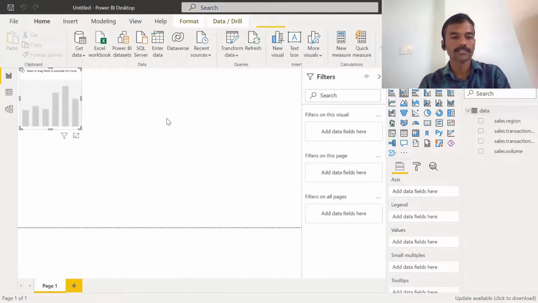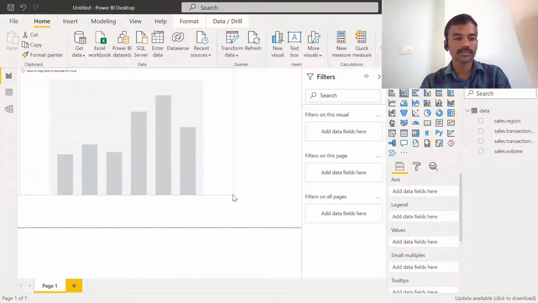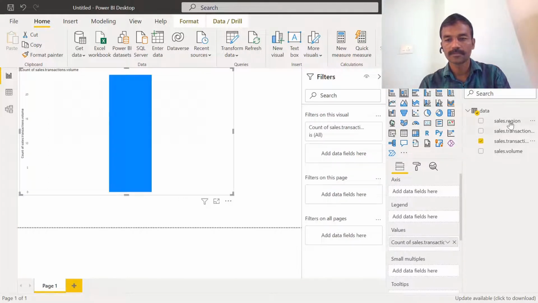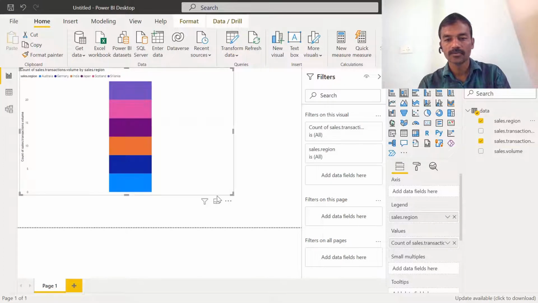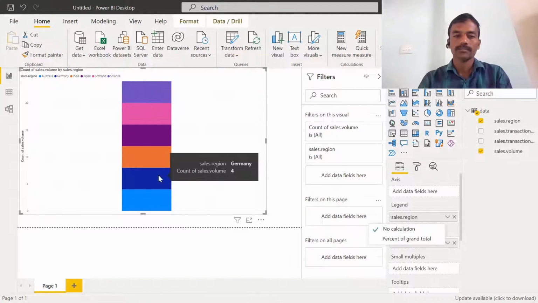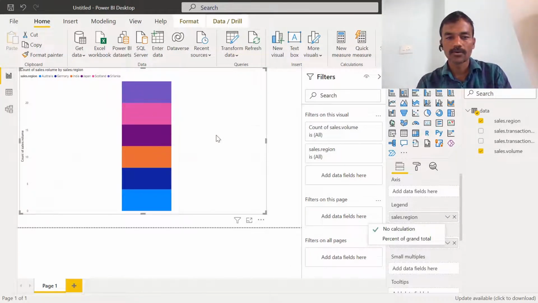I'm just adding a visual here, and let's add transaction volume to the values field, and region maybe to the region field. You can see this is appearing now, and this is how we can connect our data source. This is how the chart is built, and how we can connect to JSON files.